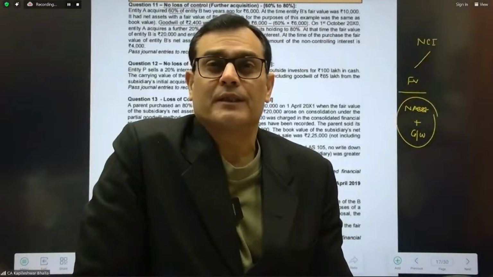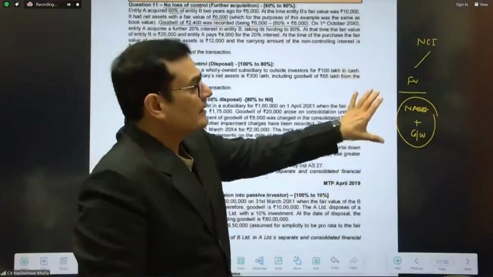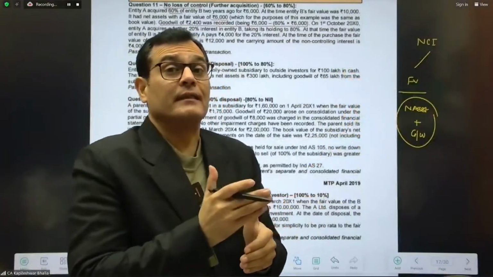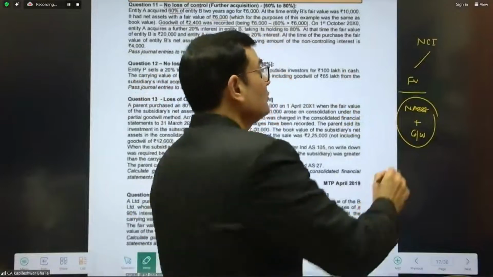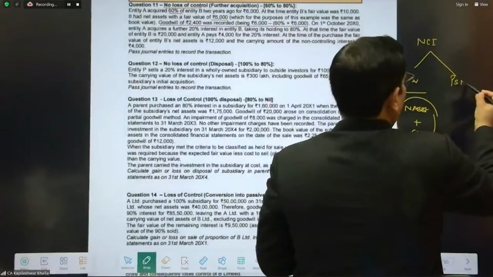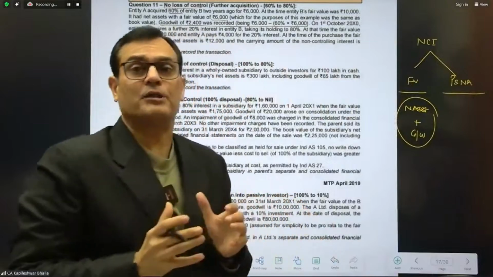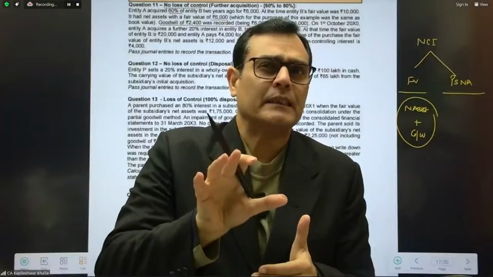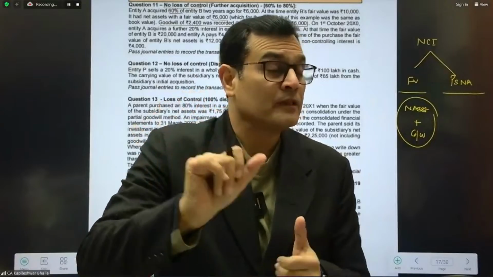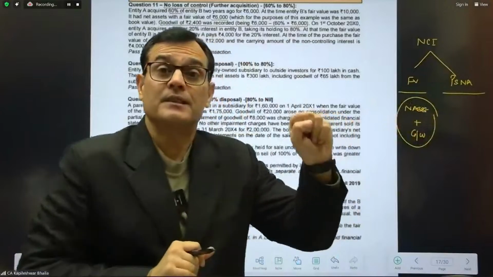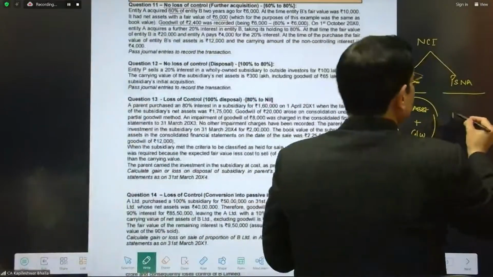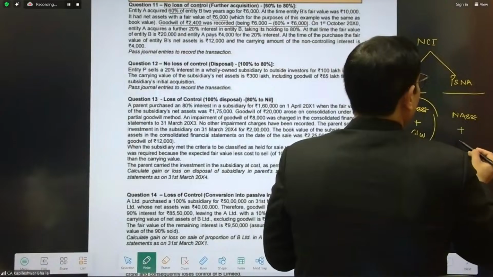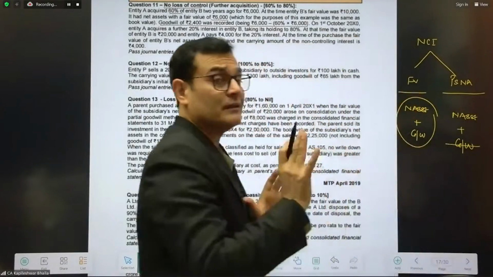Indirectly, when I say that the NCI is taken at a fair value and you get the concept of full goodwill, what does this exactly mean? It means that the NCI is getting reflected equal to the share in the net assets plus the goodwill. But when you say that the NCI is computed at PUSNA, in those particular cases, it is a partial goodwill. What does this mean? That the NCI is carried in the balance sheet at the share in the net assets without goodwill. Because the goodwill relating to the NCI doesn't appear in the consolidation, which means the NCI is appearing at the net assets and it is not including goodwill, just the net assets.